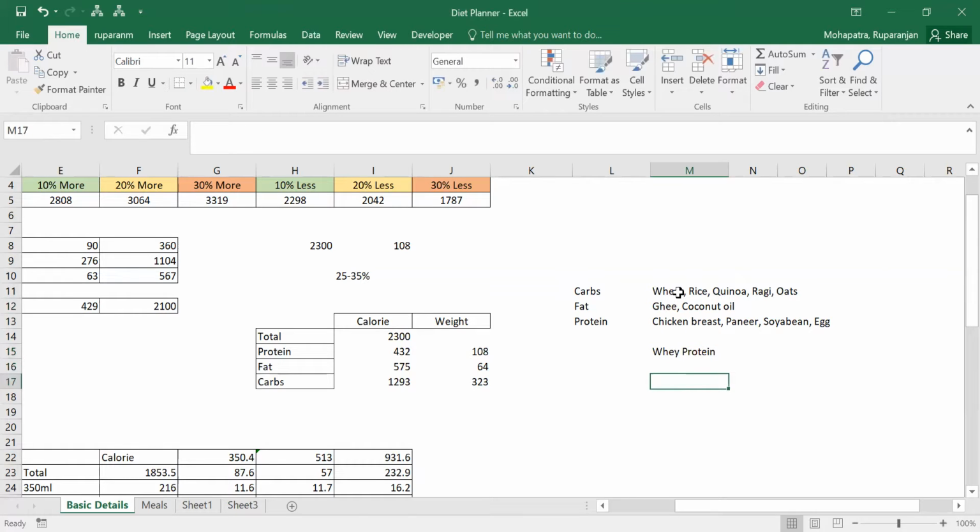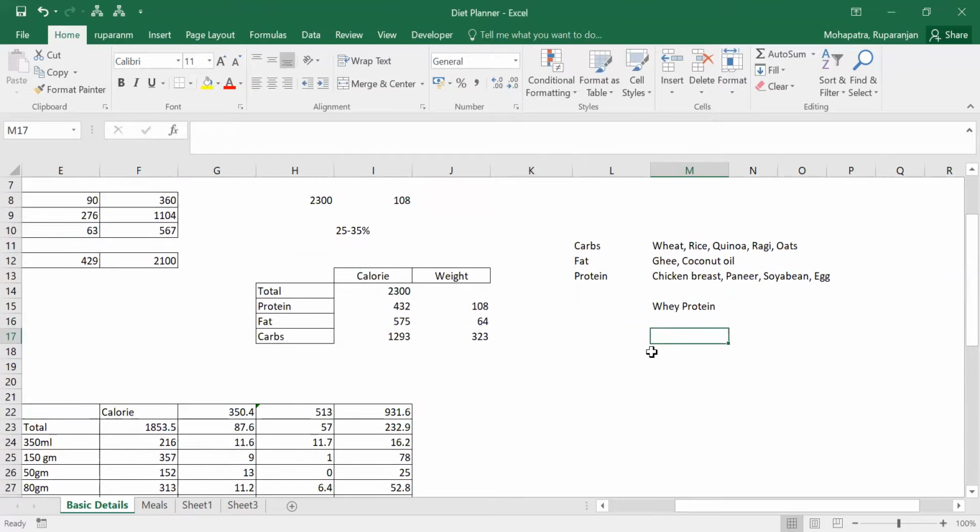So these are the things that are required. Then we have to use some app like HealthifyMe or Fitter. There we can see how much rice. It's not that we can take any amount of rice. Let's say we are eating 100 gram of rice, then we have to check how many calories 100 gram of rice is. Let's say 340 calories is rice. So from 1293, 340 calories is done.